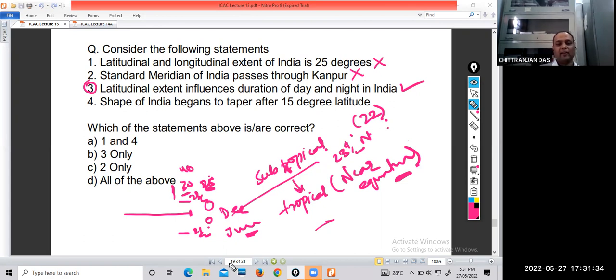ड्यूरिंग विंटर्स, देन यू विल सी कि अभी सुबह के 8 बज रहे होंगे और 7 बज रहे होंगे, आपको वहां पर अंधेरा दिखाई देगा. ठीक है. ये आप खुद एक्सपीरियंस कर सकते हैं वहां पे. क्यों? क्योंकि इट इज लोकेटेड इन सब ट्रॉपिकल बेल्ट. इज इट क्लियर? क्योंकि इट इज लोकेटेड इन द नॉर्थ ऑफ द ट्रॉपिक ऑफ कैंसर. इट इज नॉट सिचुएटेड विदइन ट्रॉपिक्स. यस और नो? इज इट क्लियर? टाइम ड्यूरेशन डिफरेंसेस विल बी देयर.